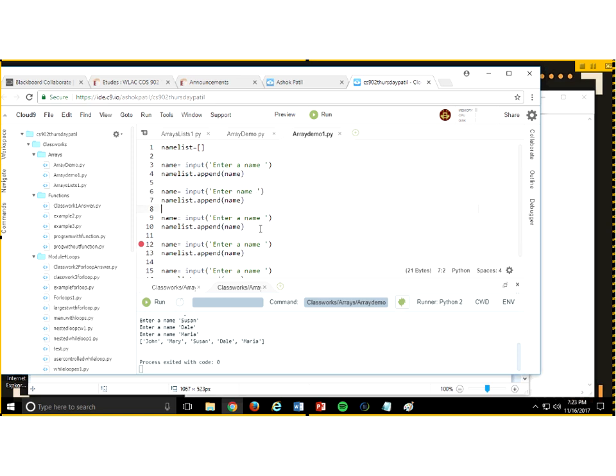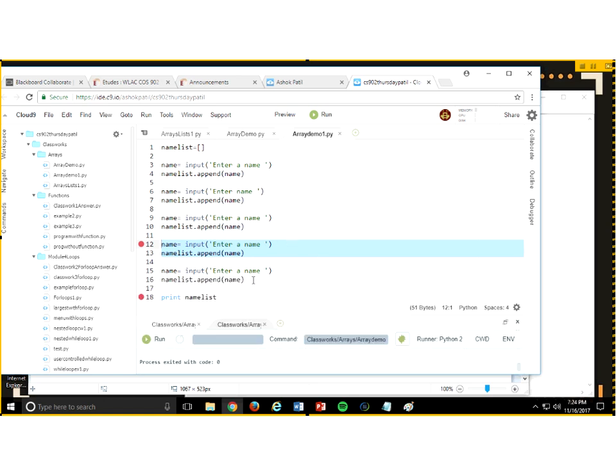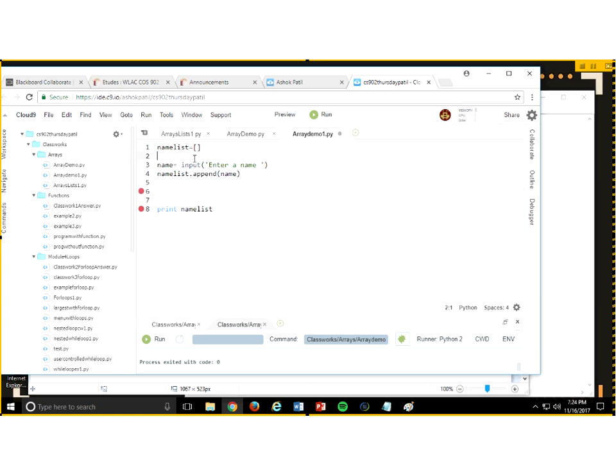One thing we have learned is anytime you're repeating the same thing over and over, instead of copying and pasting, you can do what? Put it inside the loop, right? So how many names am I taking here totally? 5 names. So instead of doing this, I want to just take this and put it in the loop, right? So let's say name count equals 0, while name count less than 5,